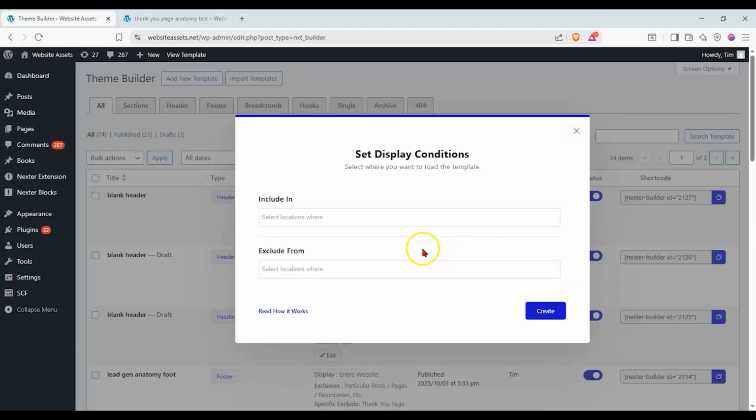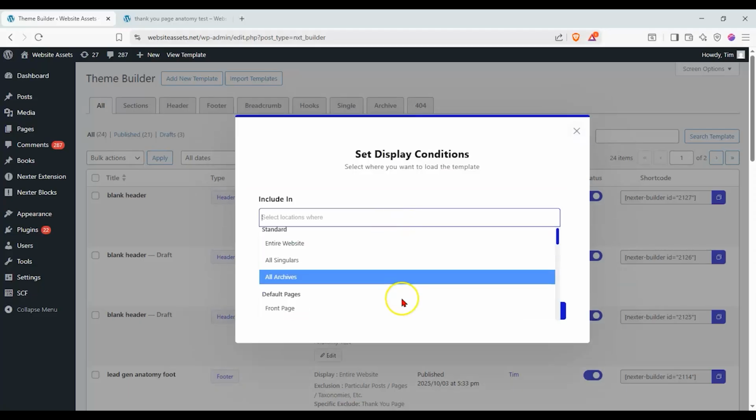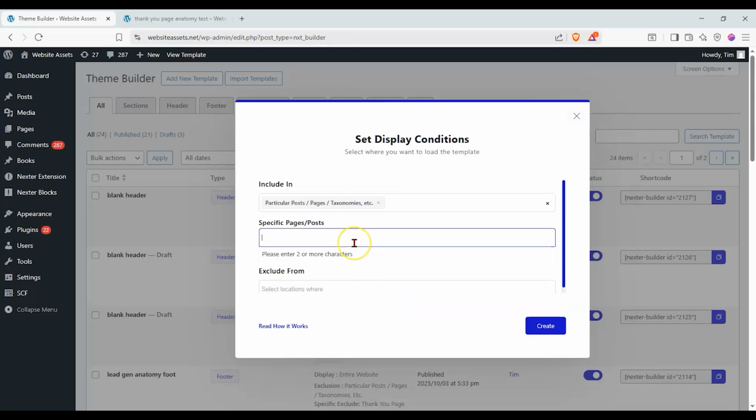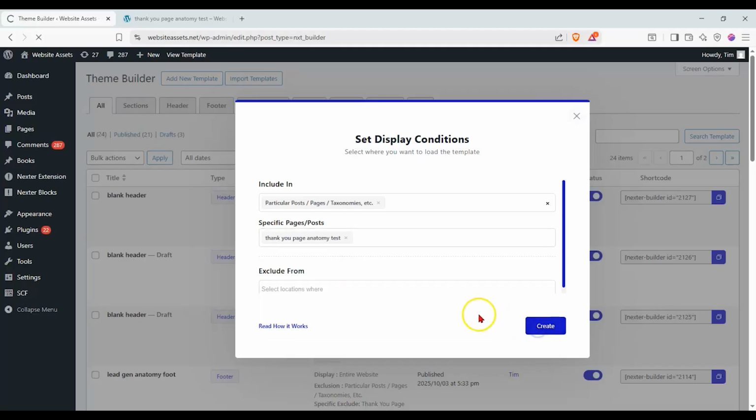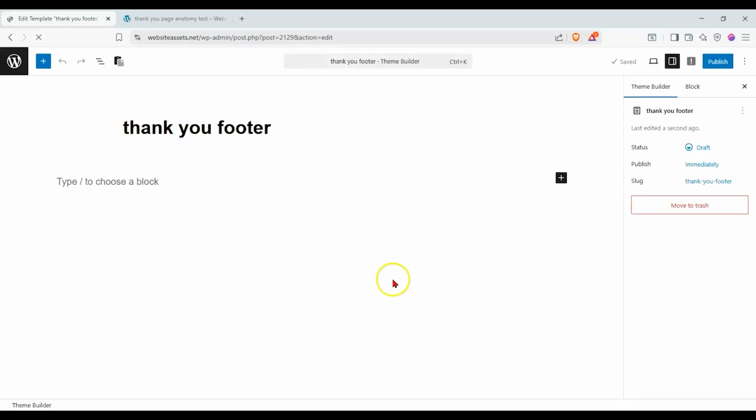Next, and we're going to include it on a particular page. Thank you anatomy test. Click on create, and it's going to take us over here. And we don't even need to say thank you on this one. So all we're going to do is